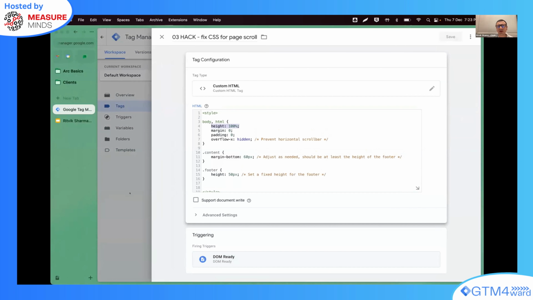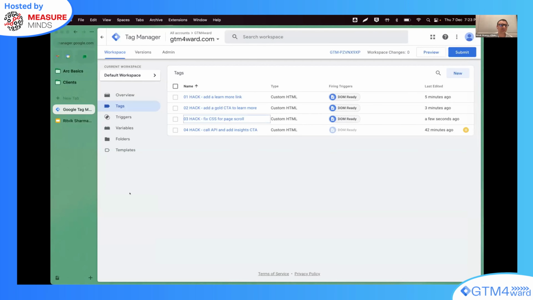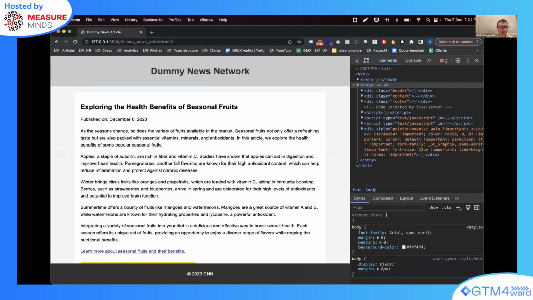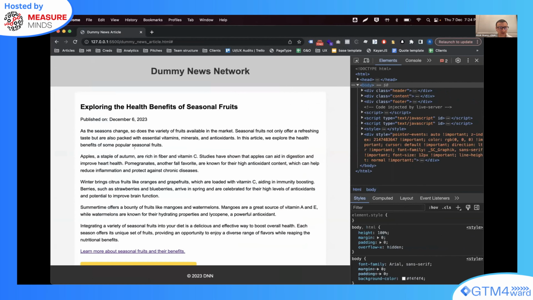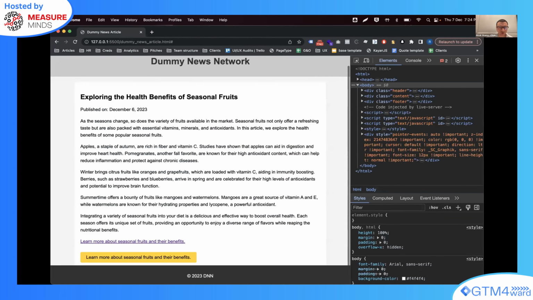If you have some knowledge of CSS, I highly recommend it. One of the key parts of working with JavaScript is to also know CSS, because at some point you are expected to select certain elements on your web page, and that requires you to know some level of CSS. So I would definitely recommend that as well. And if I reload that page after adding that CSS fix, I can actually scroll my page up, so I can see the CTA completely, always visible. But there is one issue here, which is that neither the link nor the CTA work at this point.